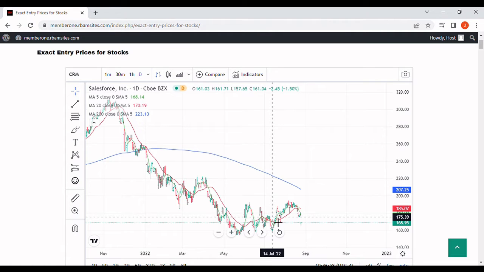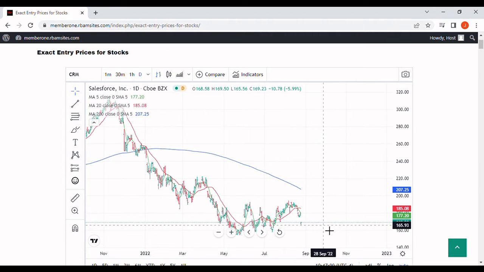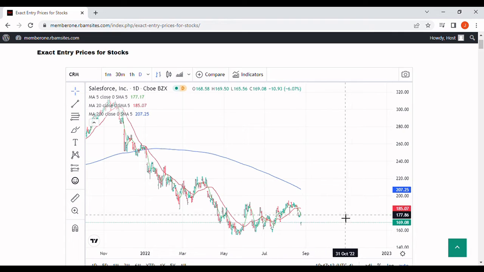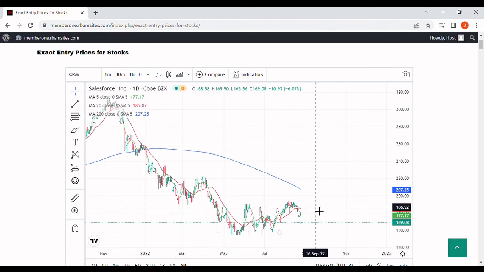About the high 150s levels. You'll probably get a test of the high 150s, and then you'll probably get a rally up around mid to later September of the 200-day moving average, which at that time will probably be around the high 180s or 190 level. Once we get that test of the 200-day moving average,